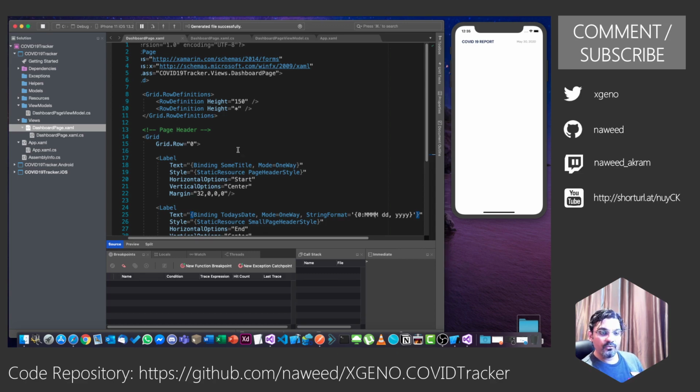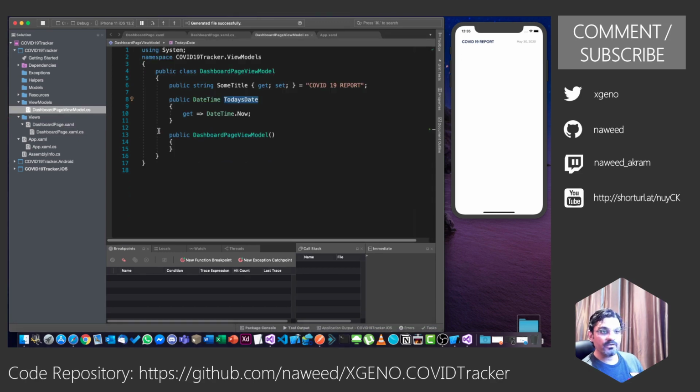Okay, so let us go back to our view model. There are some of the things that we need to do. Usually there are some common properties which I want to have in my view model, which I use in all the pages or all the view models, in fact, such as this title that we are talking about. Maybe for this particular application, this today date, perhaps I want to show this date, today's date, in every page.